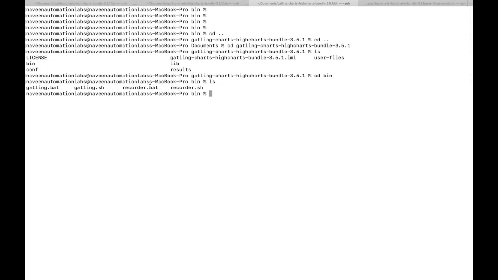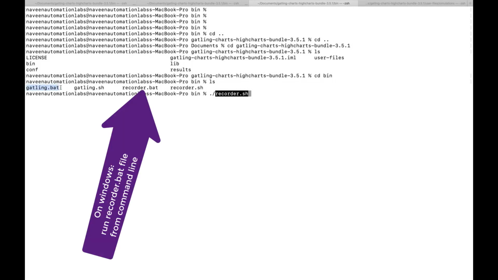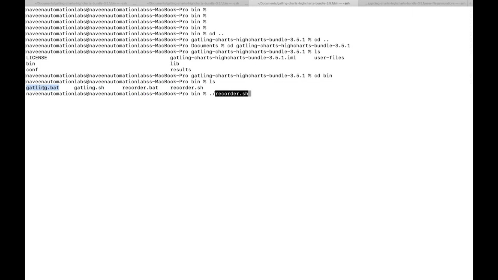In the bin directory, we have this recorder.sh file. If you want to execute it, you simply write ./recorder.sh. If you are using Windows, you have to use recorder.bat from your command prompt, and that's it. It will open the recorder.